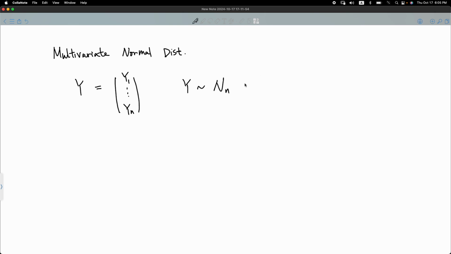Okay, and then you also have a mean vector. This is also a vector in Rn. And then you will have a capital Greek letter sigma matrix, and this is in Rn by n. So essentially you have a column vector and then a matrix. And just to make it more precise,